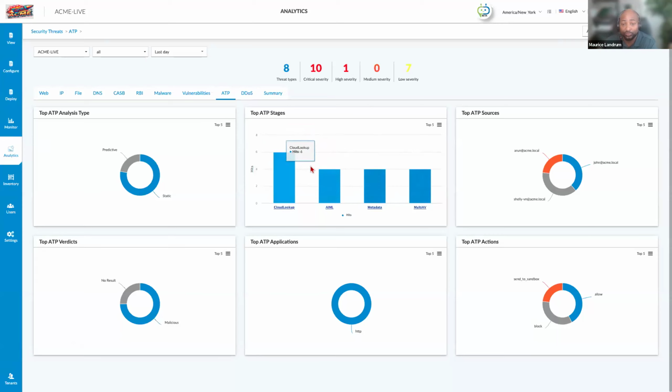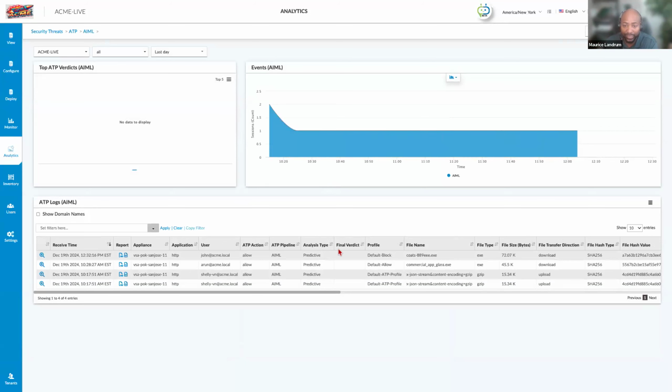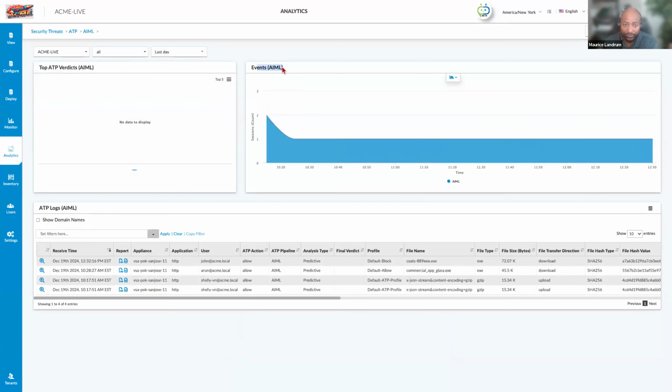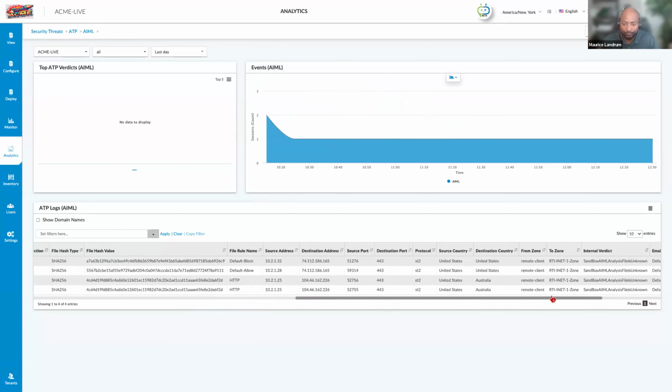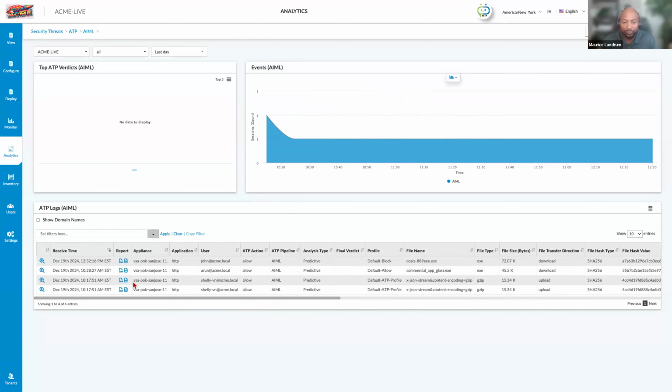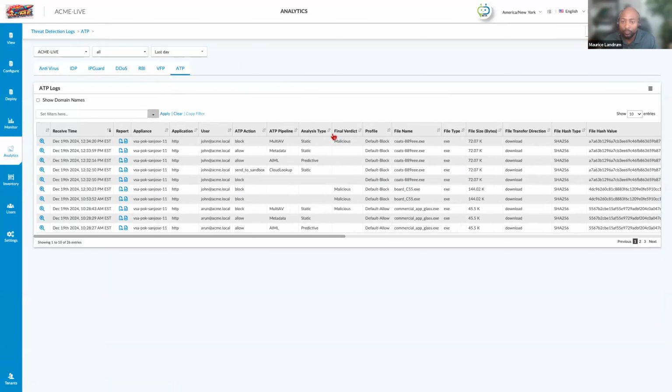And then here you can drill down. Within drilling down, you can see that we have certain events that came through. It shows you that hierarchy, right? Your trending aspects of the AIML. And then below here, it does jump back into the original logs. So it's very powerful when you can drill down directly into the analytics and then jump back over to the threat detection and ATP. And then if you drill down a bit more, oh, it came back.